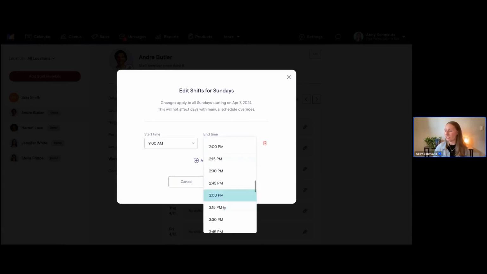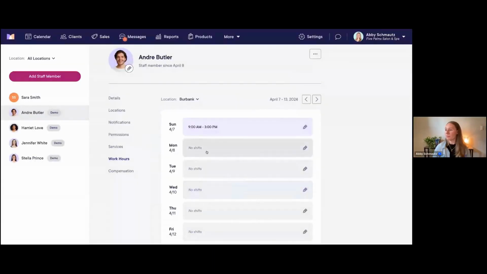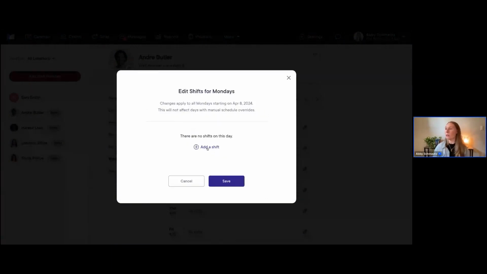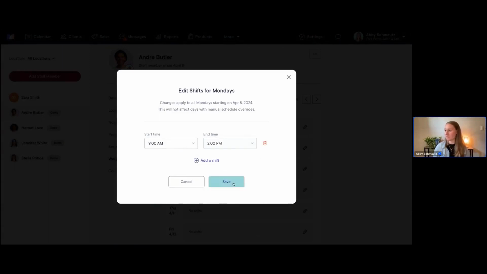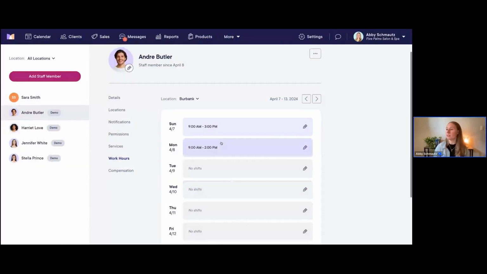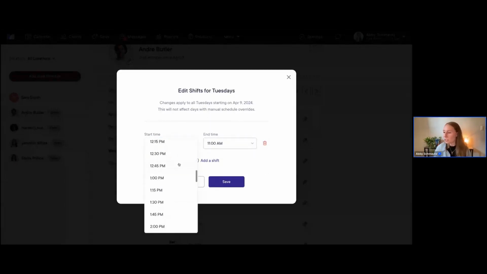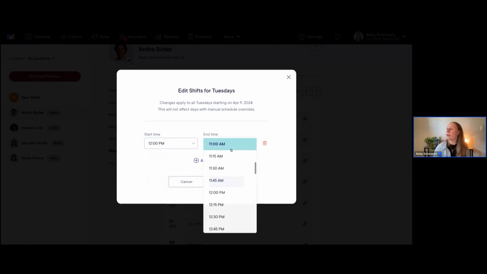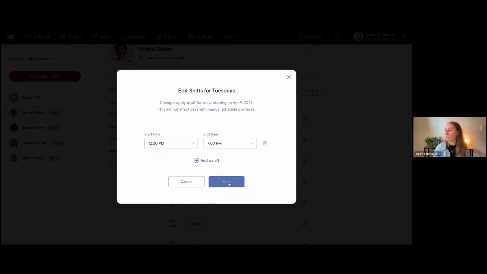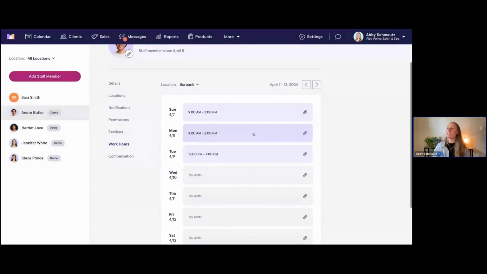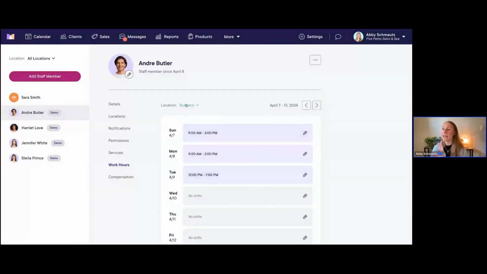Okay, so I'll just add some shifts here. And then we'll add a Monday shift as well. Okay, let me just add this here. And let's go ahead and add one more shift as well. Let's say that on Tuesdays, he's going to be working a little bit later in the evening. So he's not actually going to be coming in until about, let's have him come in at 12 o'clock. And then he'll be here until 7. Okay, perfect. So now we can see that Andre Butler has repeating shifts on Sundays through Tuesdays at the